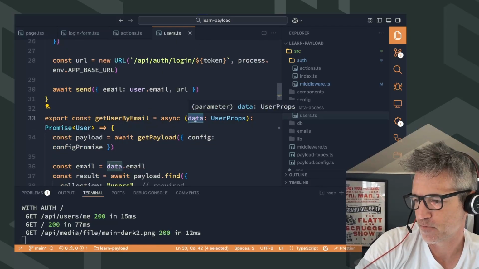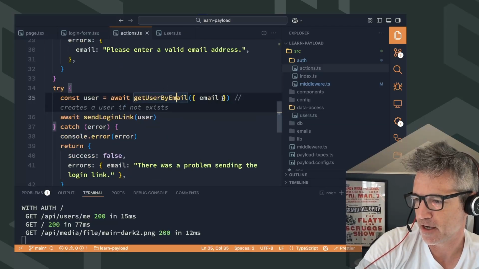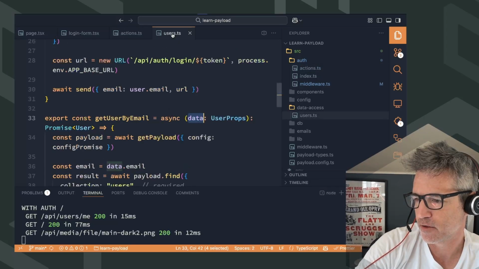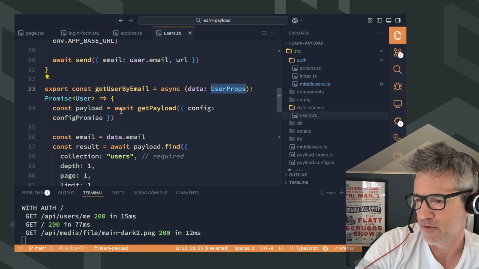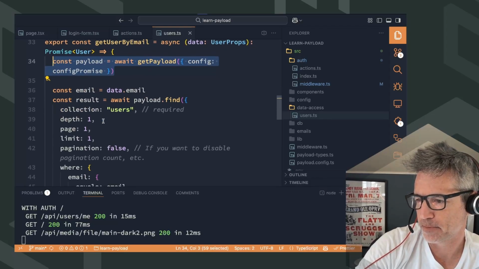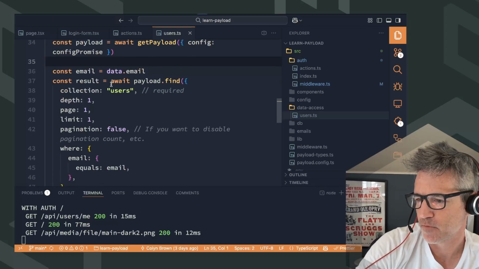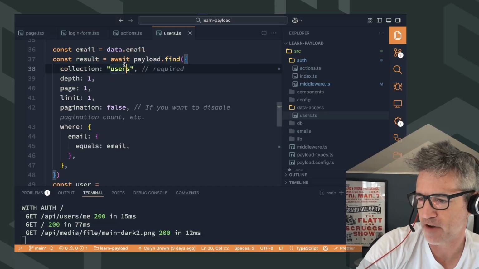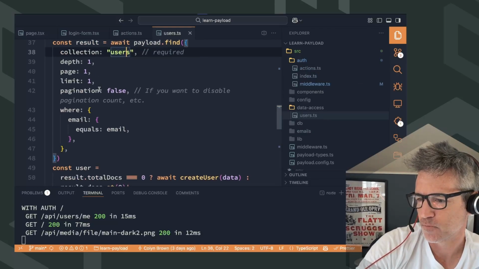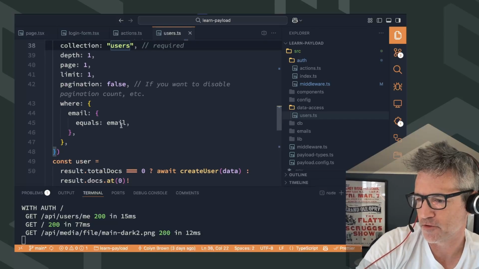So you can see here I'm passing in an object with email, user props, email, and then I grab the payload, get payload with the config, and here's my email result. I go and find that user where email equals email,